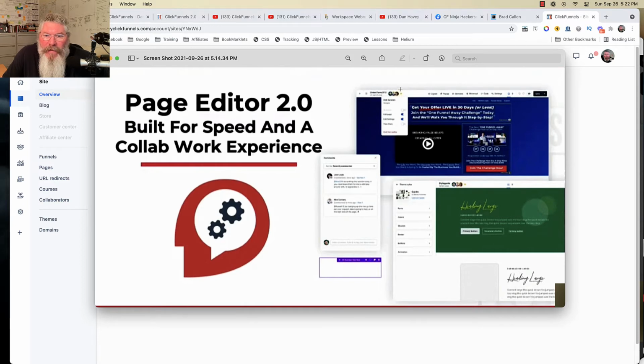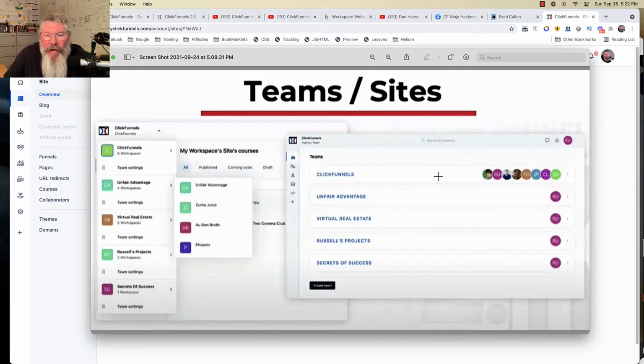You can see faces here. I know the images are kind of small, but we're going to go into greater detail as we take a look at a couple more slides. So the very first thing you're going to want to do is set up your team. If you look over here on the left-hand side, we have